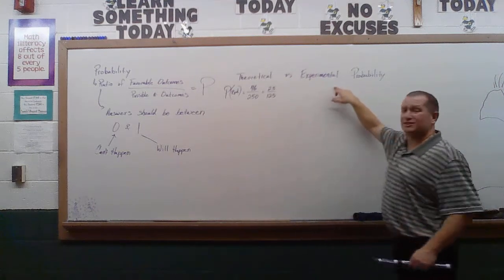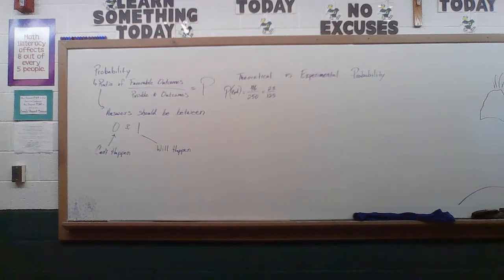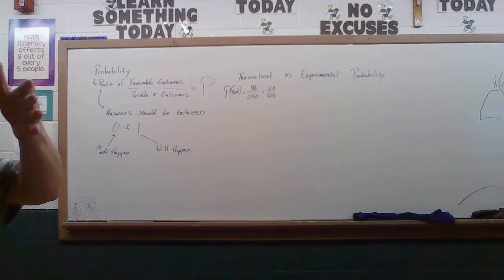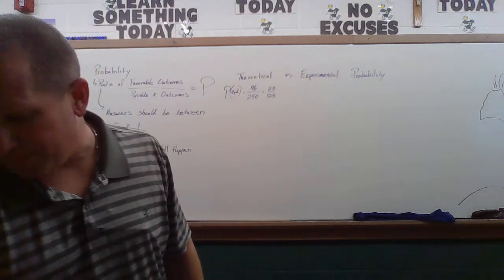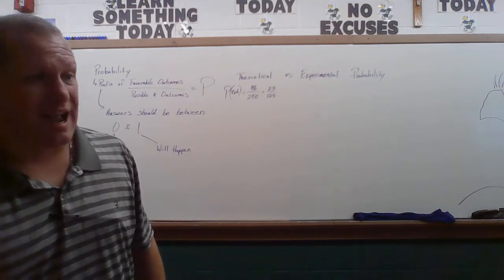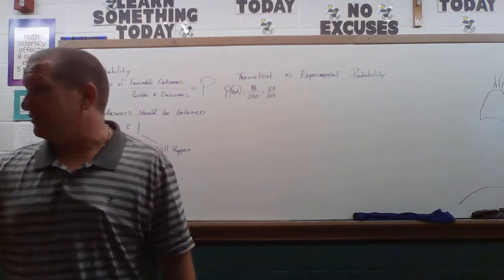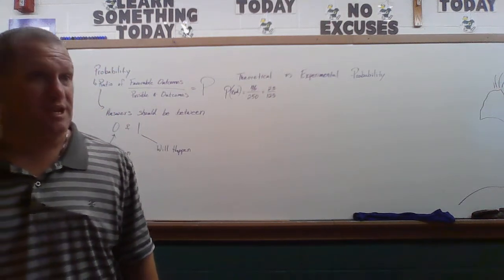But then the experimental would be, let's just say that we tallied up the number of times the coin was flipped in all of America on that one day. So Addie would get on the phone and start calling these people, and they would say heads or tails, and she would start marking them down. Notice how they did this down here on the bottom of page 311? Way on the bottom. See where it says the outcome, heads or tails, and then the tally? So that's where Addie's on the phone. She's talking to these people. Every time they said heads, she puts a little slash by the heads. Every time they said tails, she puts it on the tails.